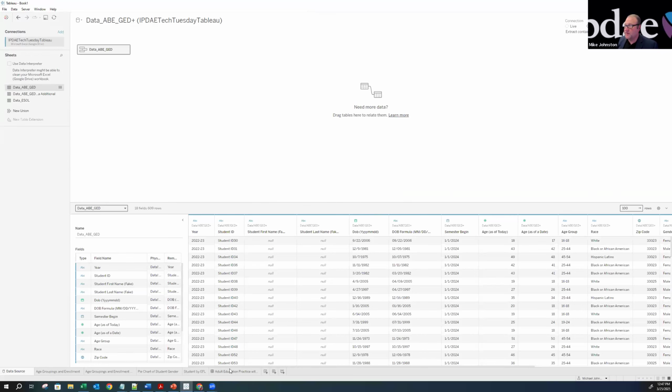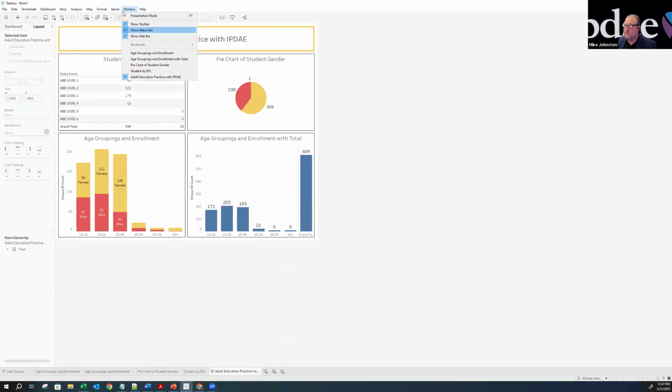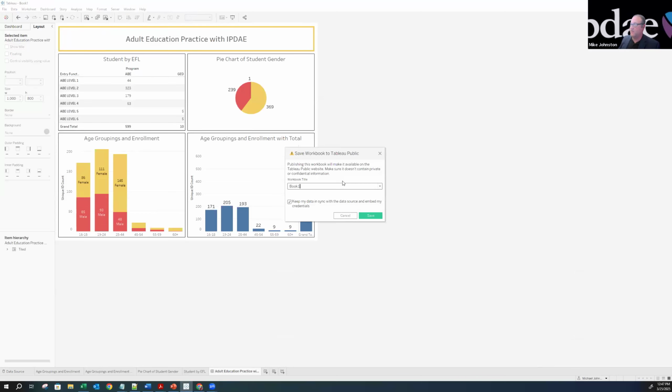I'm going to come over here and go back to my server, back to Tableau Public, and say Save to Tableau Public As. I'm going to call this, what do we call this? Adult Education Practice with IT Day. So notice, colleagues, what this says here is this: you have the option to publish this,